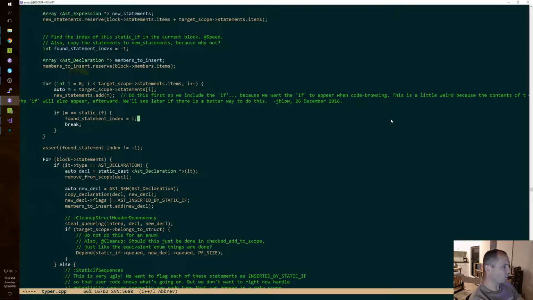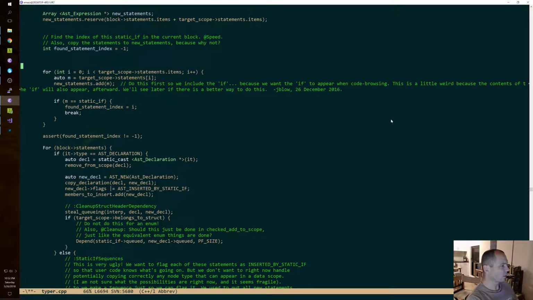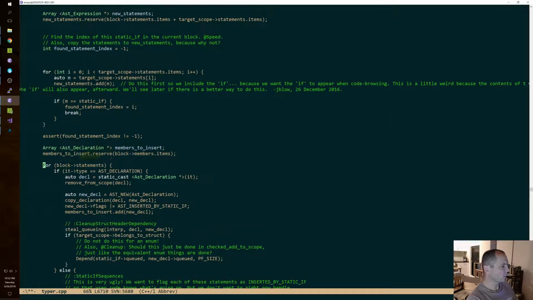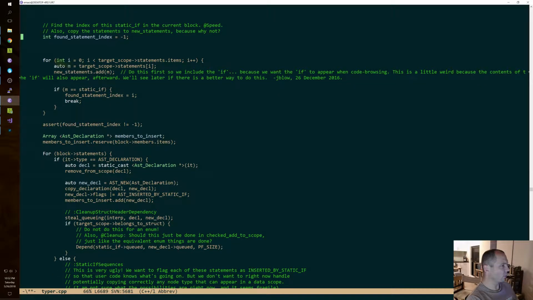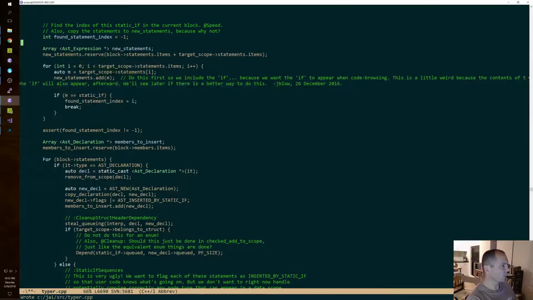Data scopes. We can definitely. Okay, members to insert. Let's move that closer to who needs it. That's down there. And then new statements can go here.